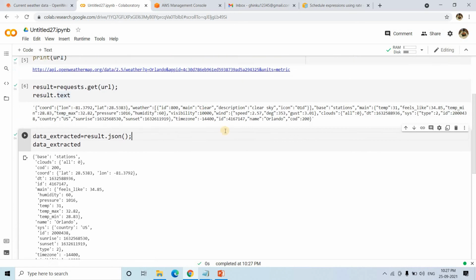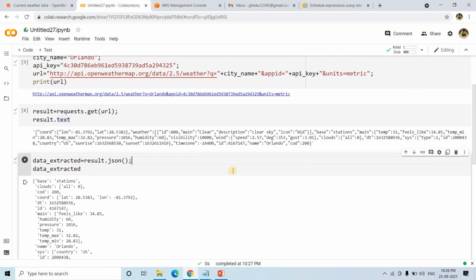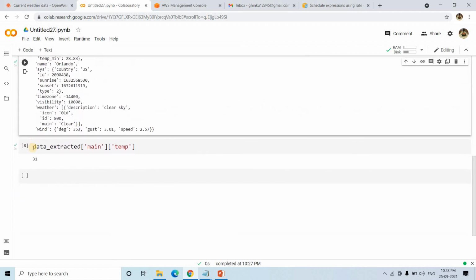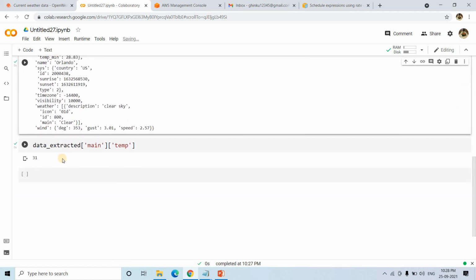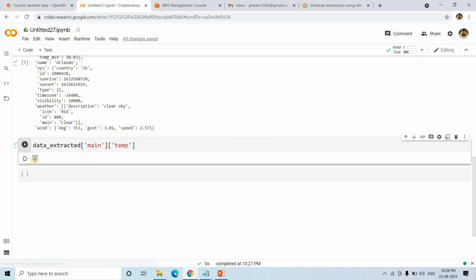Now suppose we want to do the same, but this particular code should send this particular temperature to our mail, at every 3-minute interval. I am just choosing 3 minutes randomly. If you want, you can put 1 hour or 2 hours or maybe 10 hours, because at a 3-minute interval it is obviously unlikely that the temperature will change. Maybe if you do this experiment for 10 hours or 5 hours,